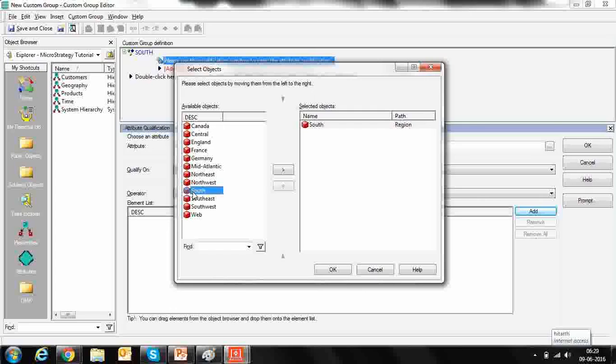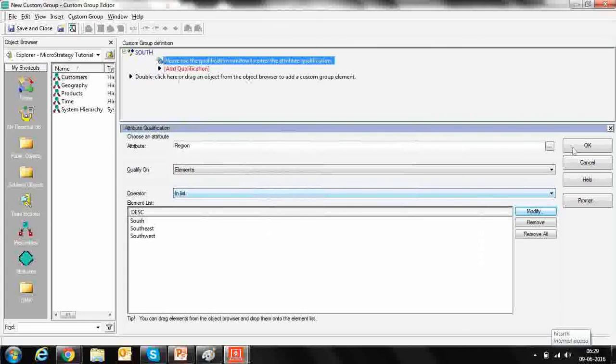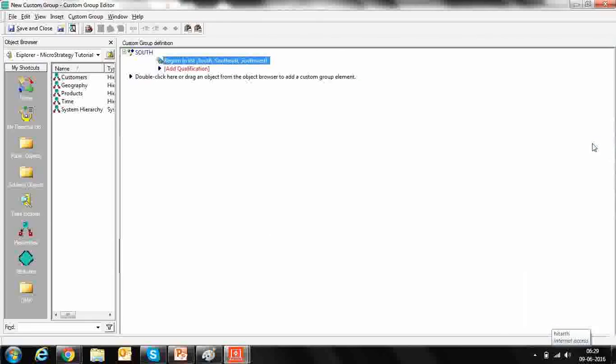Please confirm. Click on south, southeast, southwest. Now click on OK. Now what happens is, for south, these three elements are grouped together. Now again click over here.